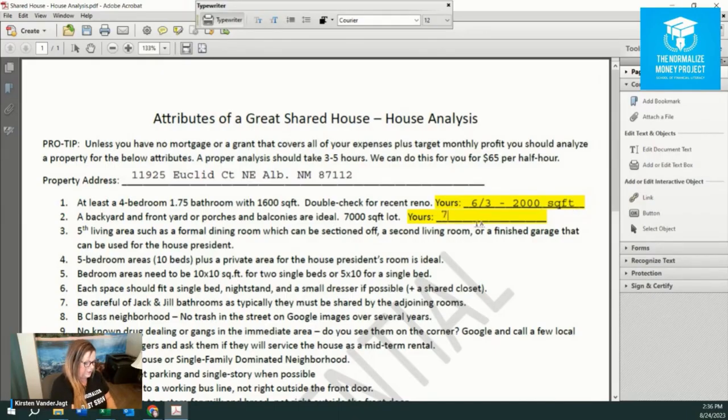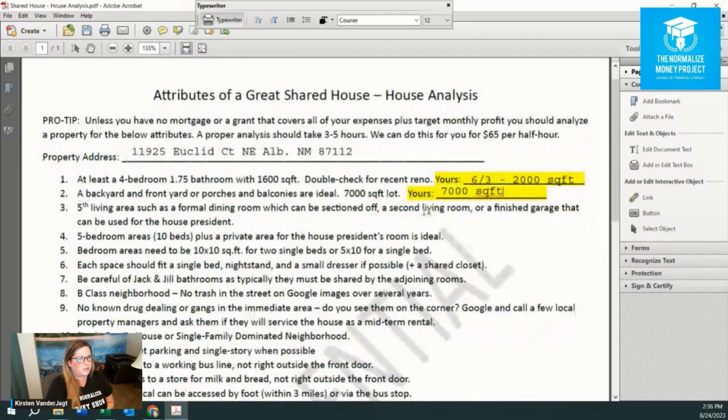And then the yard, let's use 7,000. This is very similar to a house that we flipped. And title would show that this house is a 4.2 or a 4.3 actually, is what it would have shown. So moving forward with this,